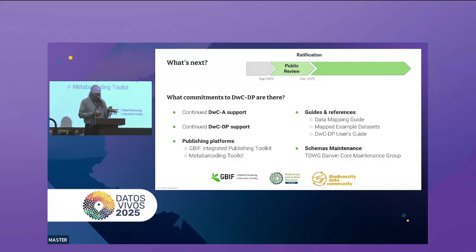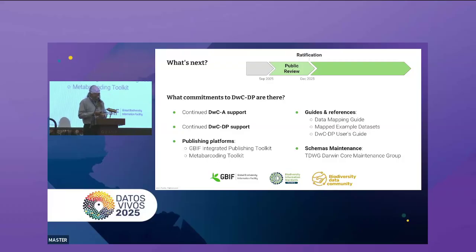We have a data mapping guide which helps you to decide, what's the process, what I need to go through to get my data into a Darwin Core data package, the order of events, because it's kind of a natural order of events that you have to follow. We already have seen in the use case examples, everybody had their repository of an example data set already mapped, so you can have access to those. And part of the standard will be the Darwin Core. Sorry, this isn't part of the standard. This is something we have in